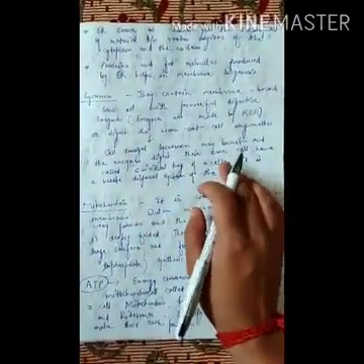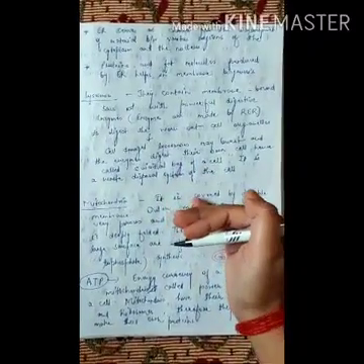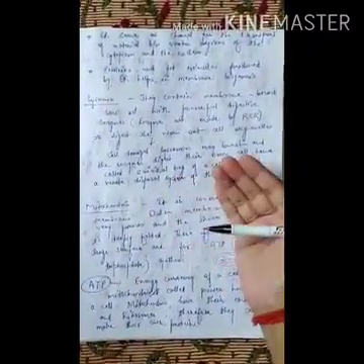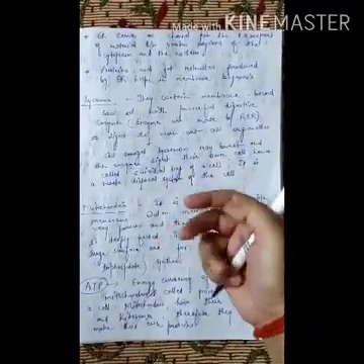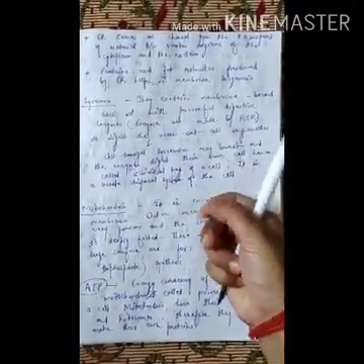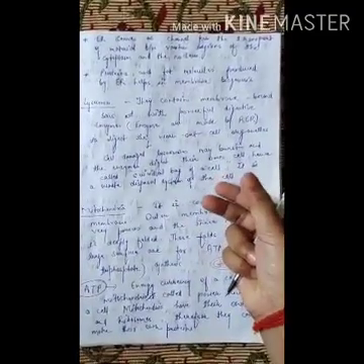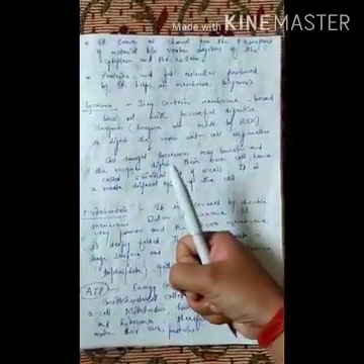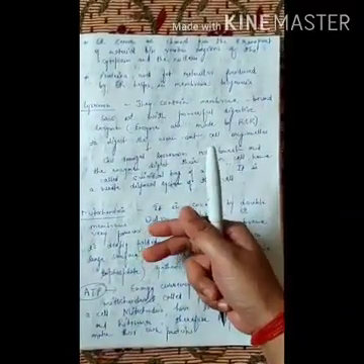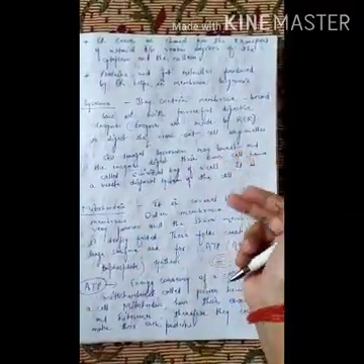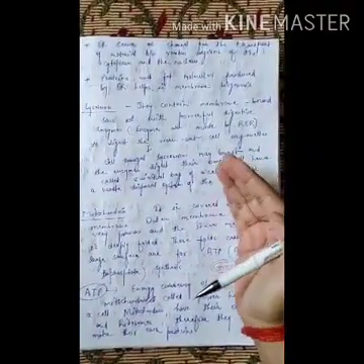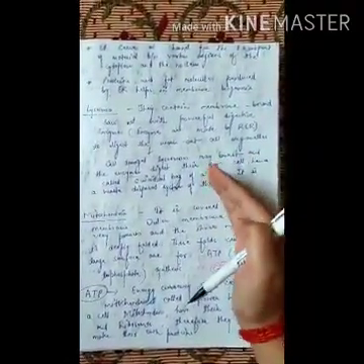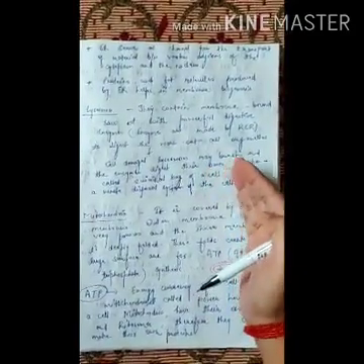Because it can burst itself when any cell is damaged or injured. Lysosomes burst themselves so that they release enzymes, and those enzymes digest the cell. Okay, so the neighboring cells are not infected, and so this is known as suicidal bags. These cell organelles are known as suicidal bags.